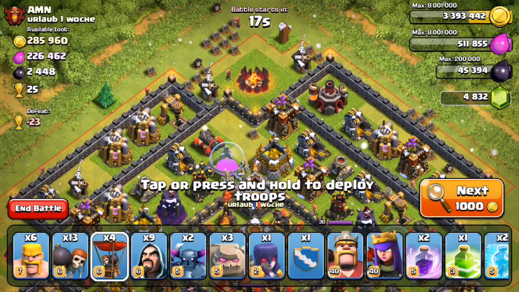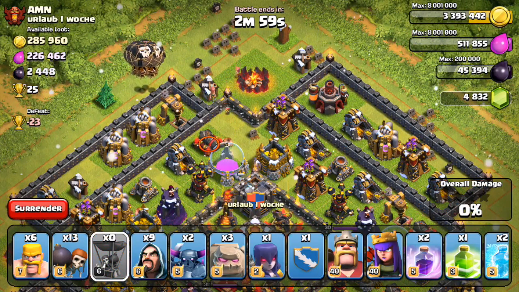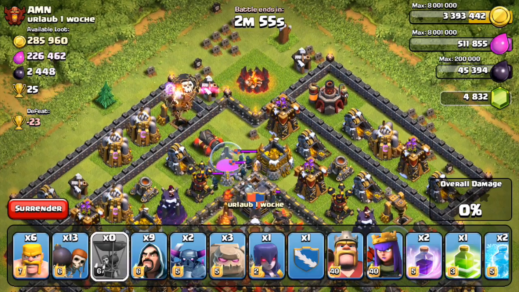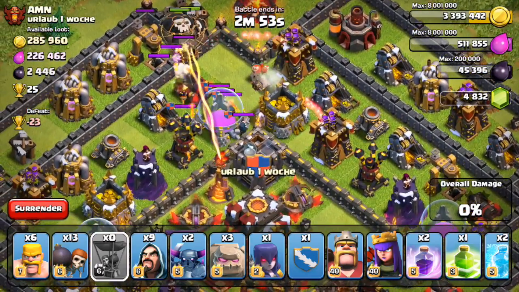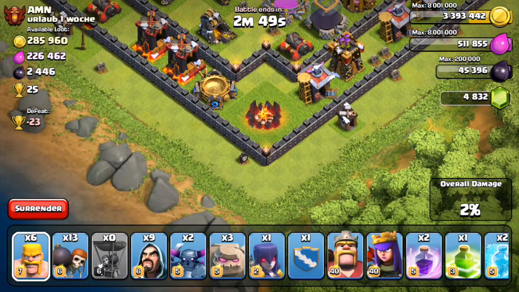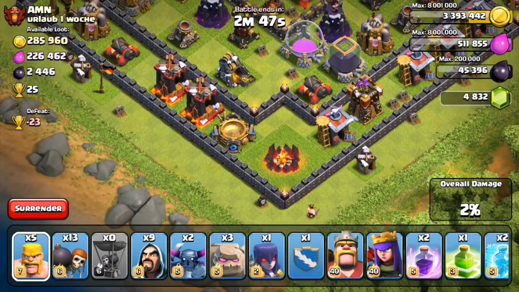Alright, so deciding where I want to attack from. I see the clan castle on the top, so I know I'm going to be able to take that out, or at least get the clan castle troops out. I'm going to drop all 4 of my balloons. Looks like there's a couple of wizards, so I'll lure those guys out up top. And then looking where I want to attack from, I feel like attacking through the bottom is going to be